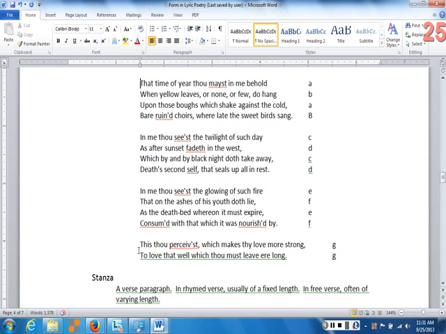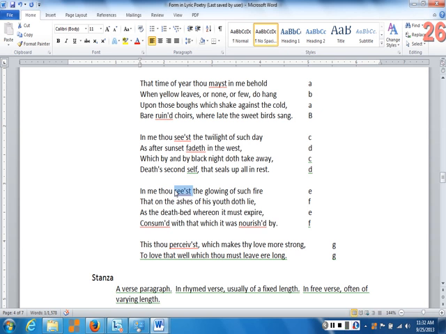Notice how the poem is structured. First of all, it's structured in terms of seeing, behold. Okay? Behold is to look at, right? To see. So the speaker is talking to someone, and he's asking that someone to see him. Okay? Again, second stanza, see. Third stanza, see. Okay, this is an earlier form of the verb see, but it still means the same thing.